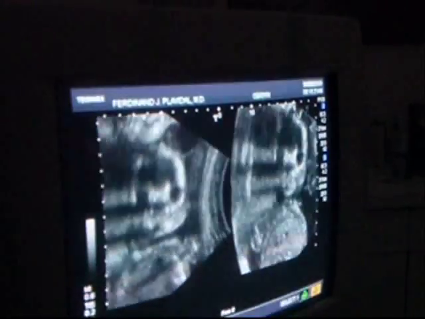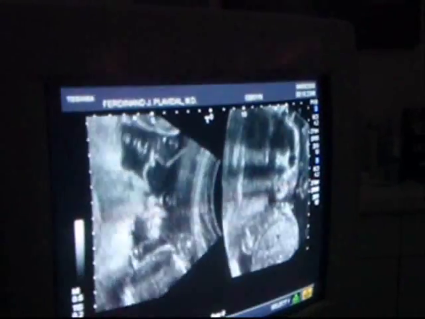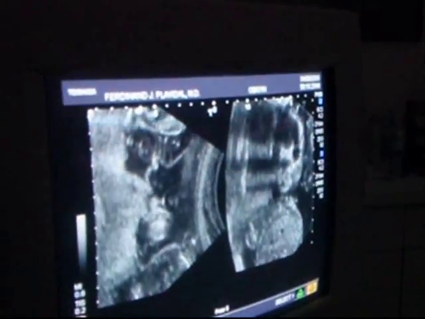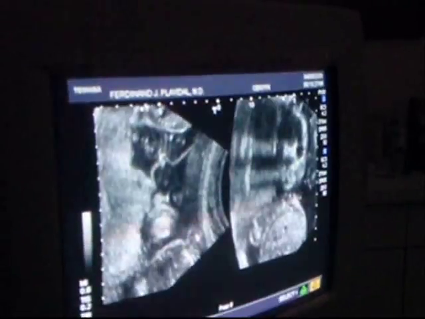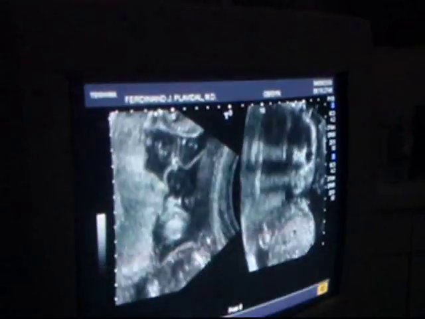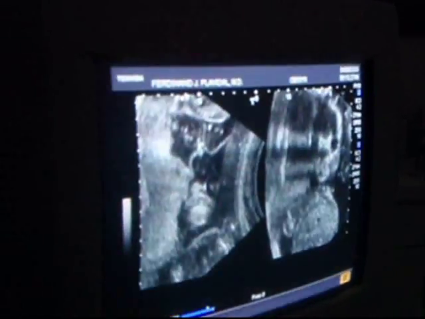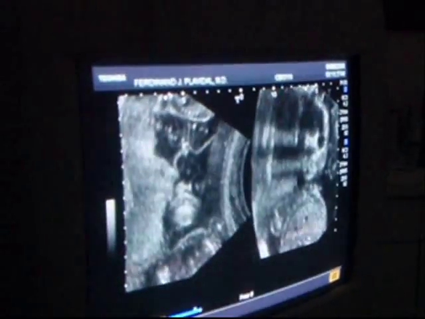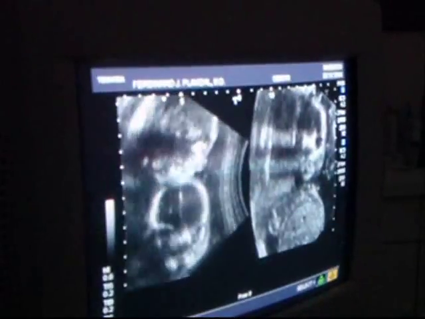Doesn't look like much right now, but it actually is a very nice soft tissue view. See right there? Nose and lips. Nose and lips and the chin sitting right there. I will photograph that one. Now we're going to go back over here again and see what I can do with